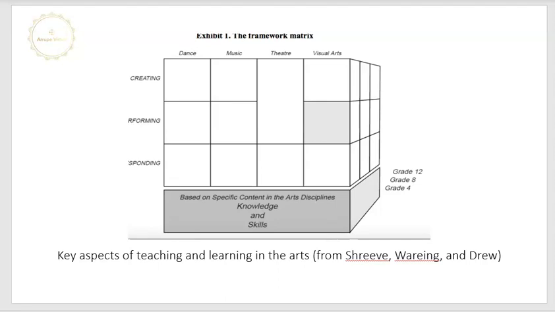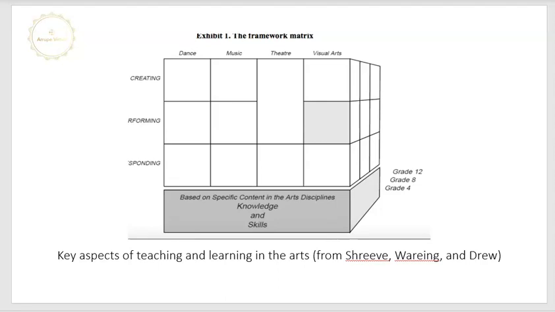When students use the artistic processes of creating, performing, and responding, as you see them here in this framework matrix, they draw from various kinds of knowledge and understanding about the arts to construct the meaning that they will leave with. Students need to be able to place the arts in a broader context to fully appreciate their significance. We know this. So these contexts include a personal perspective and understanding of how the arts fit into the student's immediate society and broader culture, and historical perspective. Students need knowledge of aesthetics to understand varied concepts and philosophies of the nature, meaning, and intrinsic value of the arts that people from different cultures and periods have formulated and held.